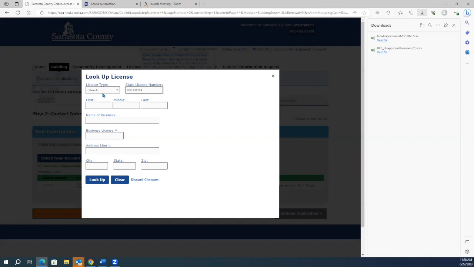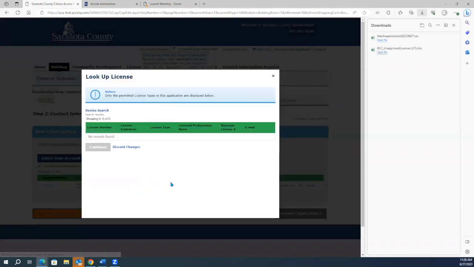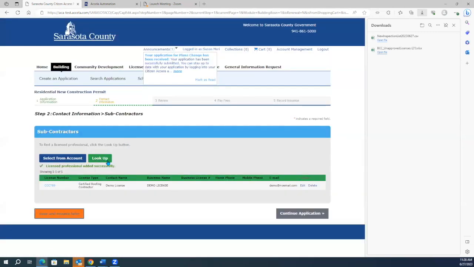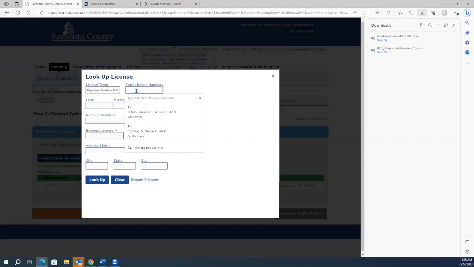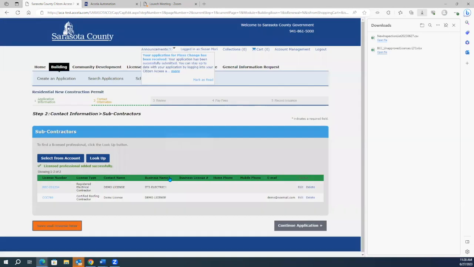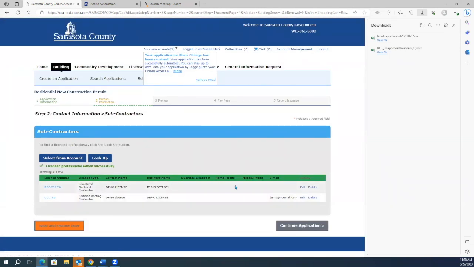It should allow me to do that without choosing the license type. Nope. So you must say what type of license number it is. And there it's added that. So at this point, those are the only ones that I'm going to add.